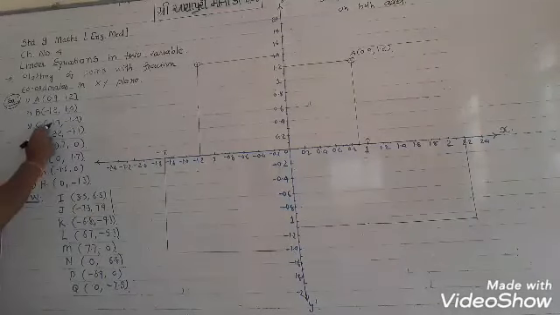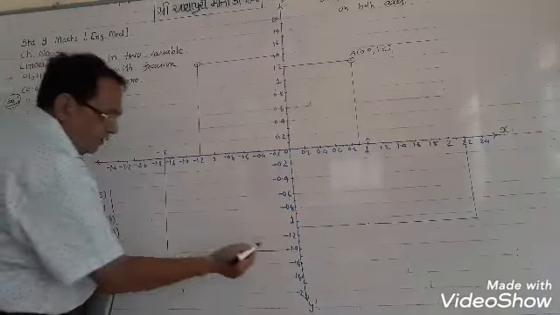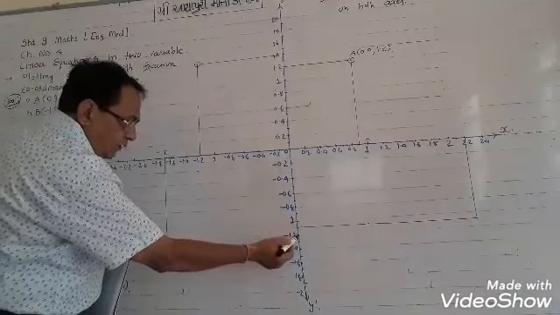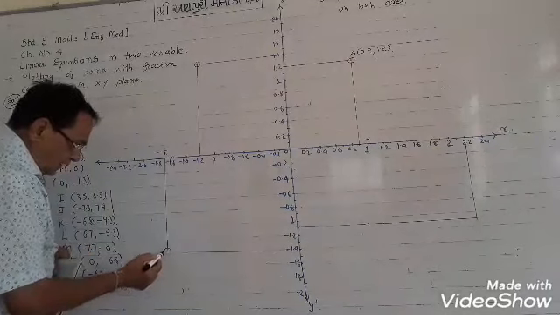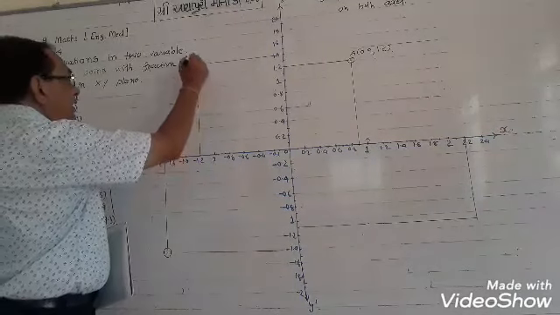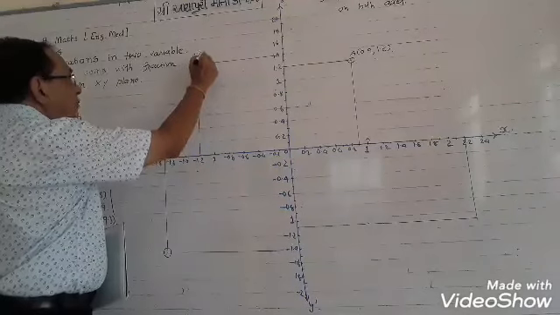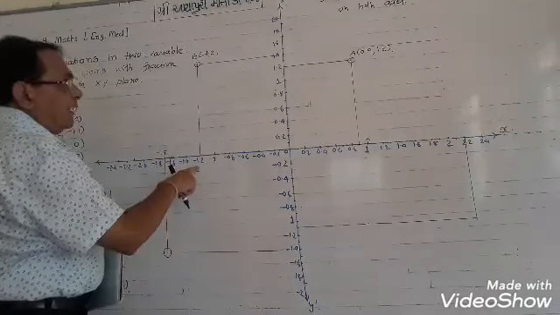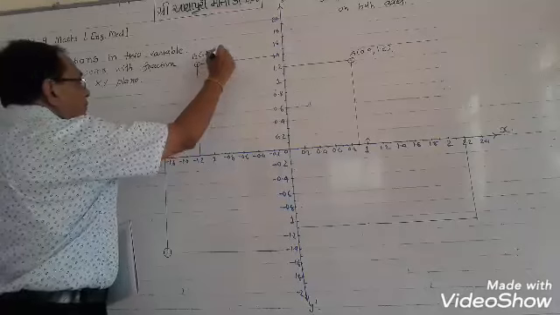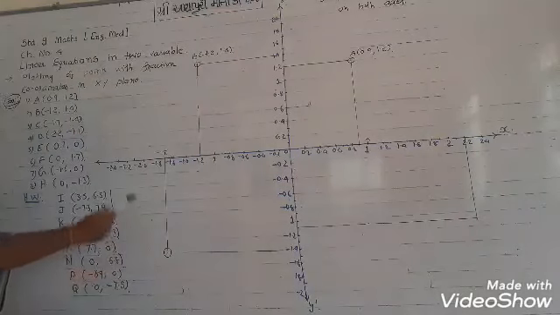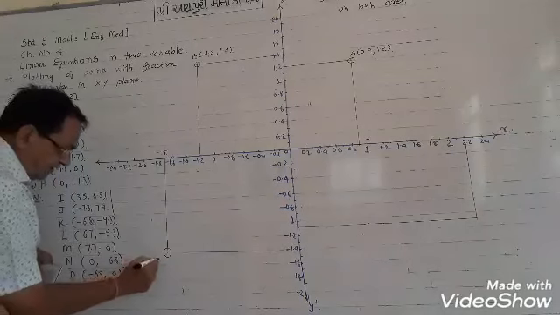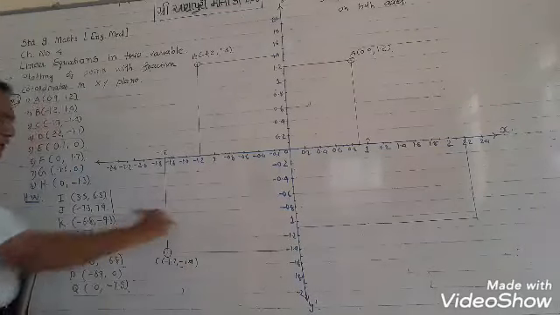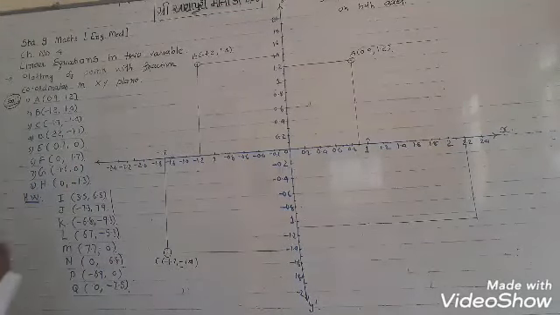Okay. 1.4: where is it? 1.4 is here, 1.2, 1.4 here, so you will get this point. That is your A, that is your B. What was in B? Minus 1.2 and 1.4. Then C is minus 1.7 and minus 1.4. Both are negative, so it lies in the third quadrant. Clear?